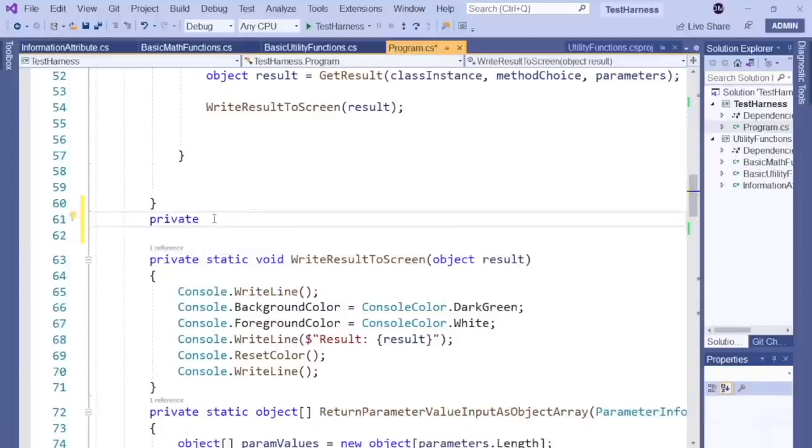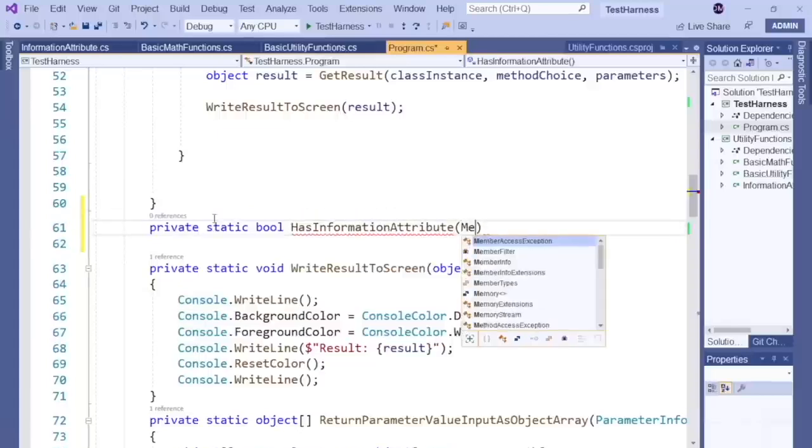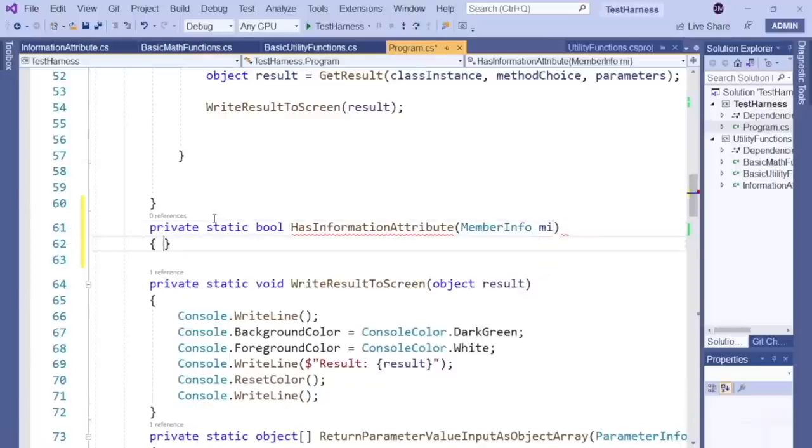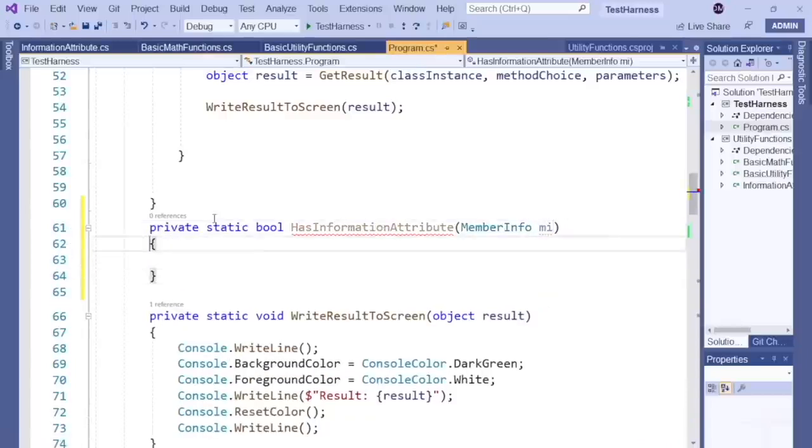So let's write a private static method named hasInformationAttribute. And let's include one parameter within its method definition. This parameter will represent the program element that we need to check. So we need the hasInformationAttribute method to check if the information attribute, custom attribute, has been declared against the relevant